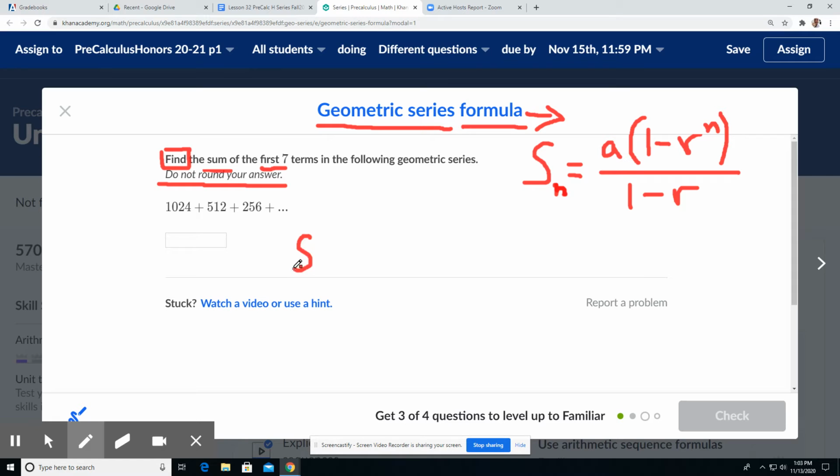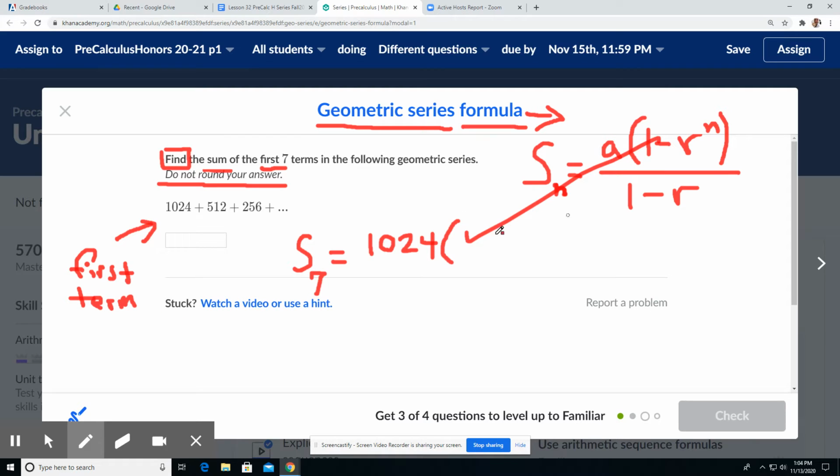So filling in what we have here, we're looking at the sum of the first 7 terms, and that's going to be equal to, the first term is 1,024. Remember, whatever they give you first has to be the first term unless they tell you otherwise. Order matters here. So what they give you first is the first term, times 1